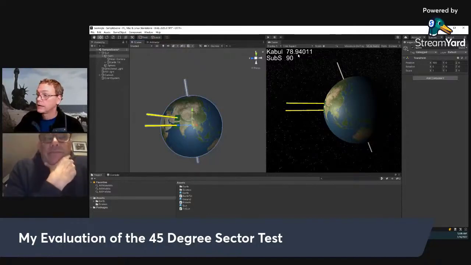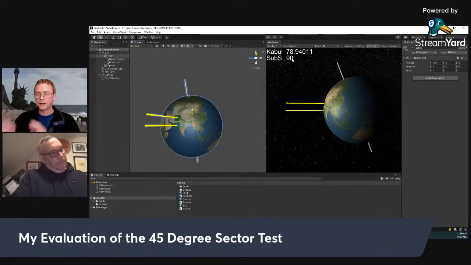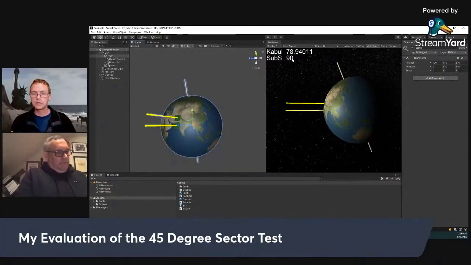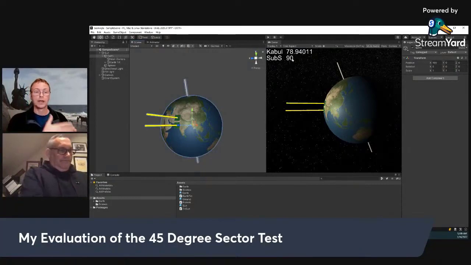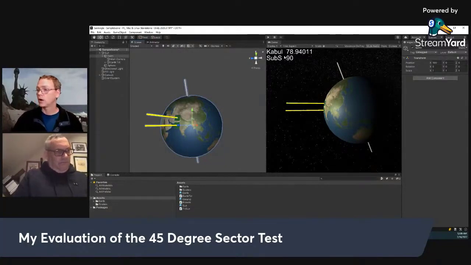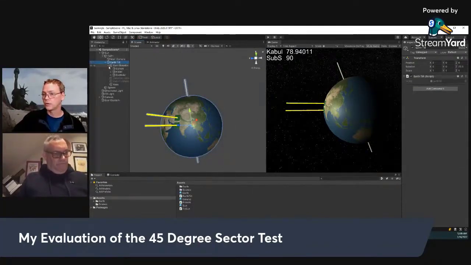I'm watching. Okay. And if you're curious, these are the angles that I'm calculating. And I do want to stress that I am not calculating the angle and then putting the sun there. What I'm doing is pointing the rays back towards the sun, and then reversing out, measuring essentially what angle that is. So I've labeled this as Kabul. At Kabul at noon should be at 79 degrees, and subsolar point is there. So to get that, let's see here. Let's dig down into, here's Earth rotation.